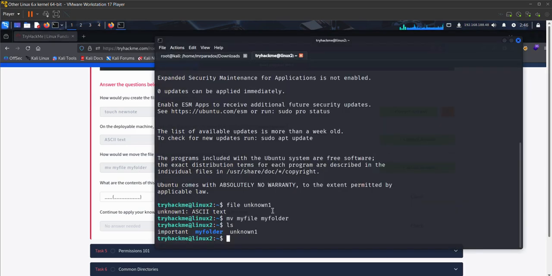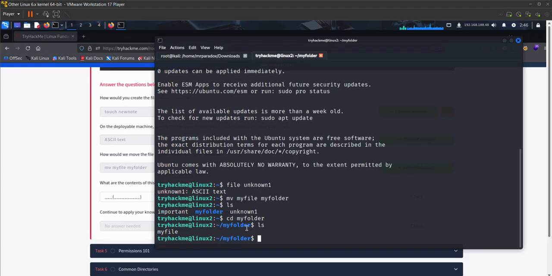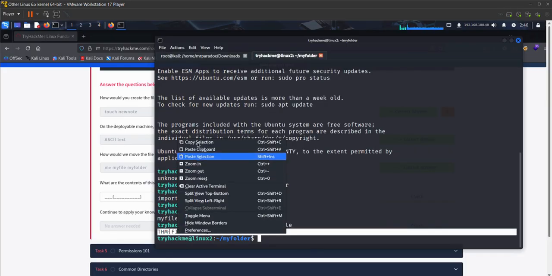And cd to myfolder, change directory to myfolder, and ls, myfile, and cat myfile. The cat command is used to open files and to see what is located in the files. Our flag is that, THM file system.